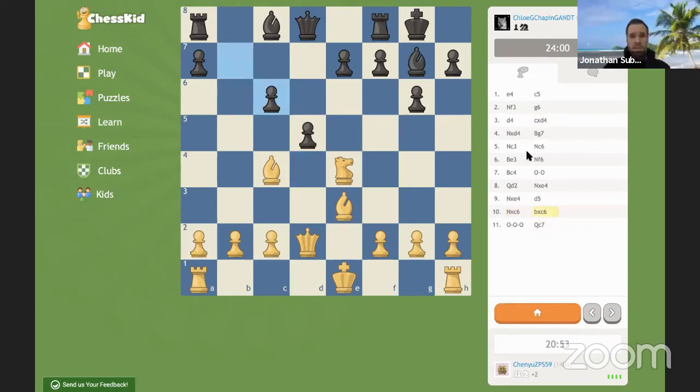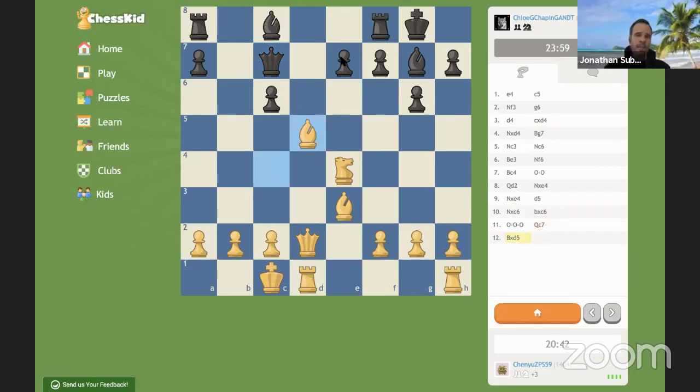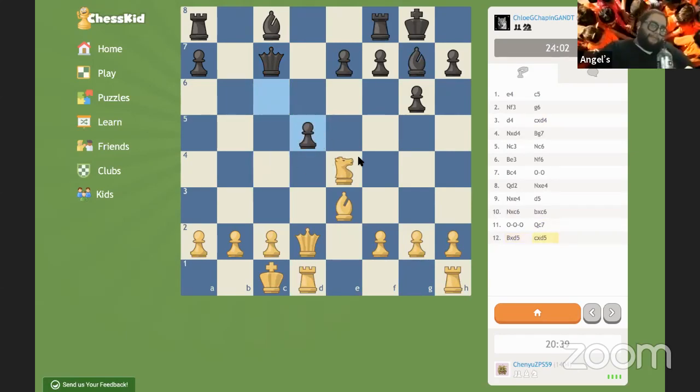So knight c6, b6. This position has been played before. Now you still get the piece back. Queen a5 maybe. Black has a very common, how do you say, not common, I was going to say common, like the Spanish says cómodo, but a very comfortable